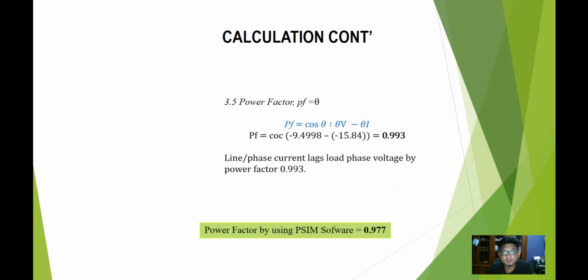Next, I find the power factor. So power factor equals cos theta. I get 0.993, which means the line or phase current leads the load phase voltage by the power factor of 0.993, and the measured power factor using PSIM software, I get